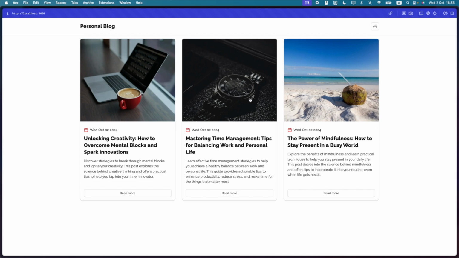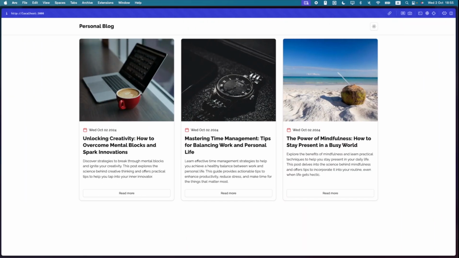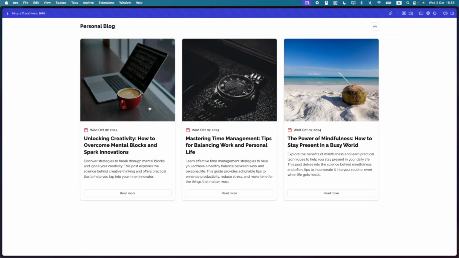there's the overlay, but it's all jittery and stuff, so we can add some transition. So transition all, duration of 200, ease out. That looks much nicer. Now we actually need to be able to press it and it take us to the blog post page. So